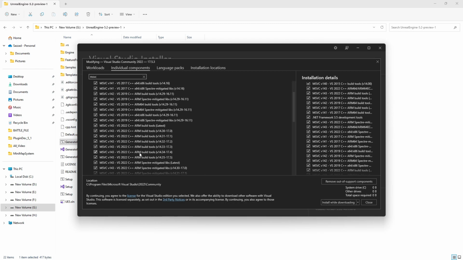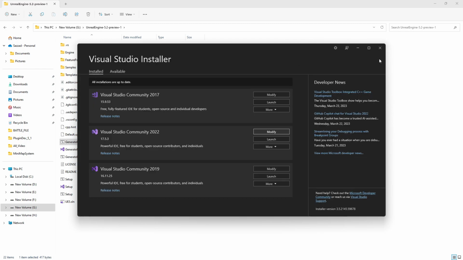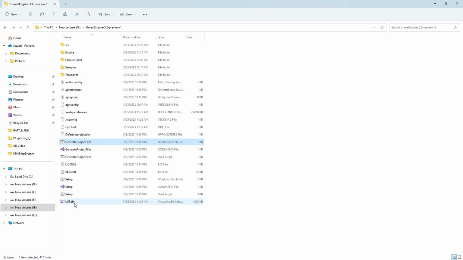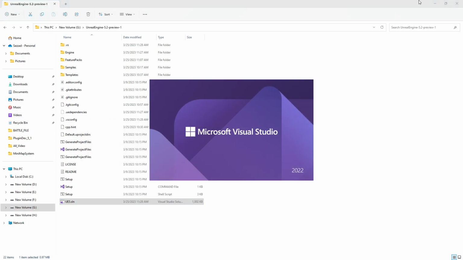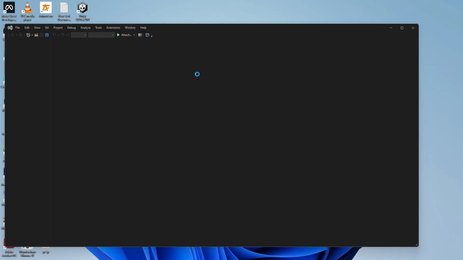So make sure you don't download that all. And once you download that all, now here you can see you find that SLN file. So now you need to just right-click and then open with Microsoft Visual Studio 2020-2022. Okay, now it's basically open